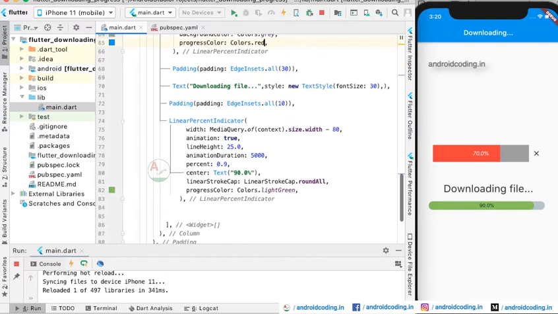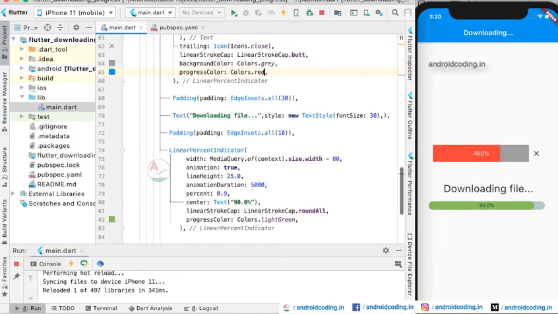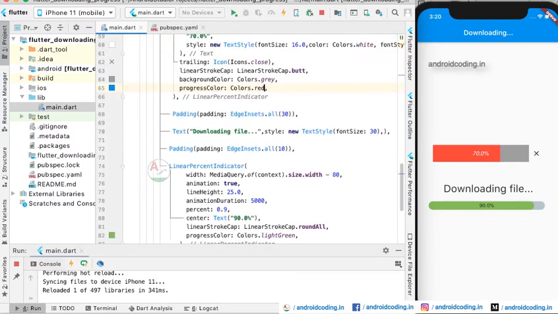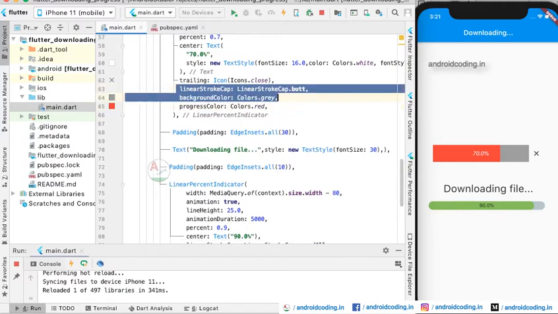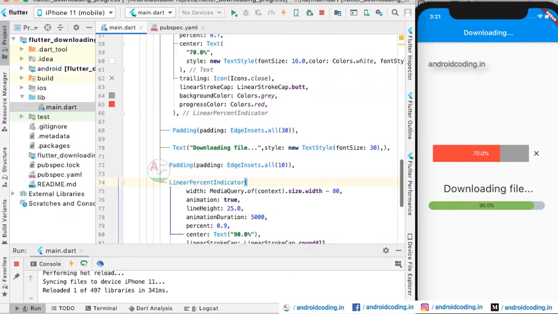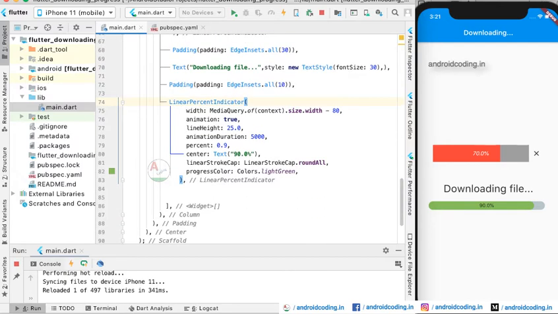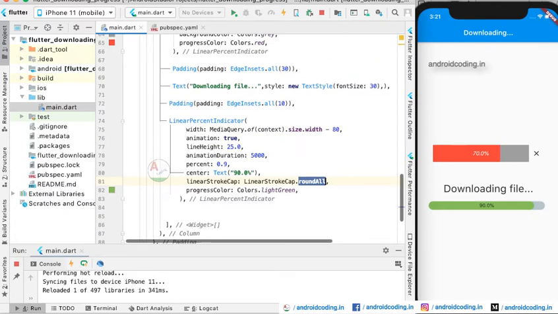And when you come to the second one, the main difference between the first indicator and the second indicator is that here we have specified the linear stroke cap to form a rectangle shape, and in the second progress indicator we have specified it as rounded corners. And the remaining things are the same here again.